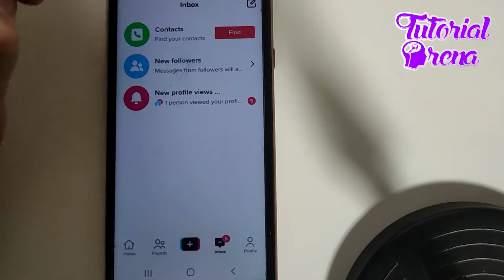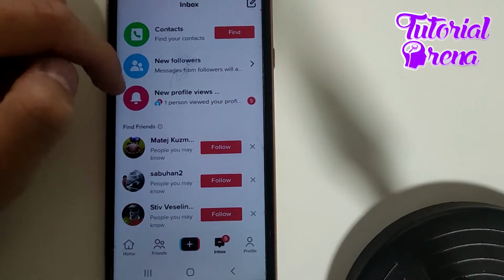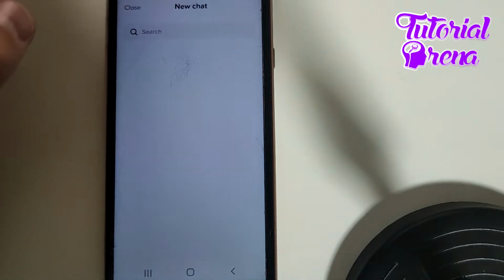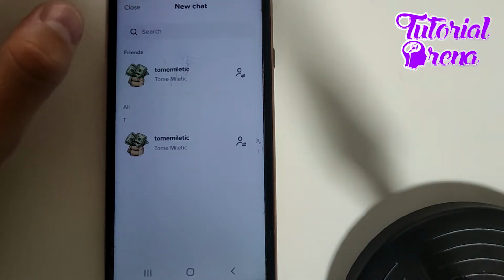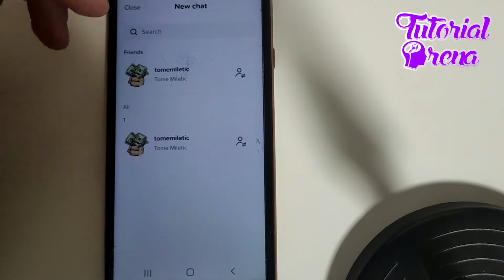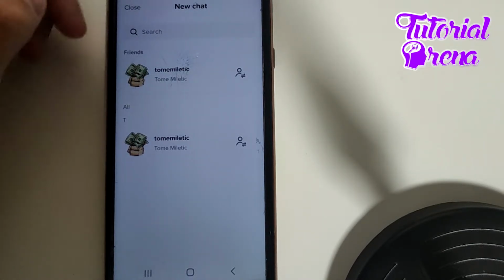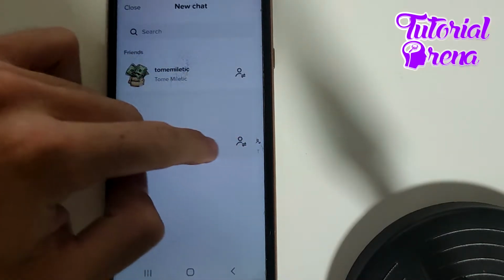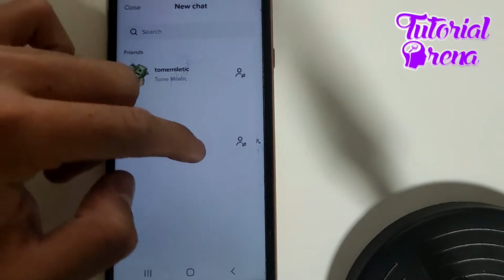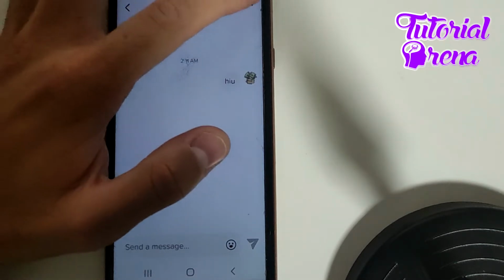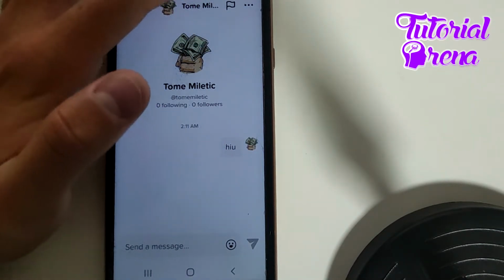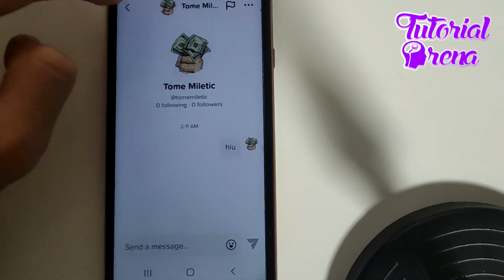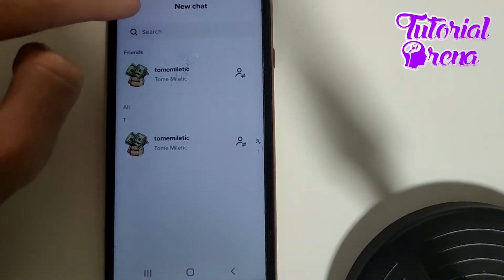it. As you can see right here, if you go on your right upper side to check out your inbox, firstly, you're going to find all the friends on your setup. Right now, as you can see, this is my account, which is not someone else's to get up and show you how it looks like, but simply if you have more friends on your TikTok account, here